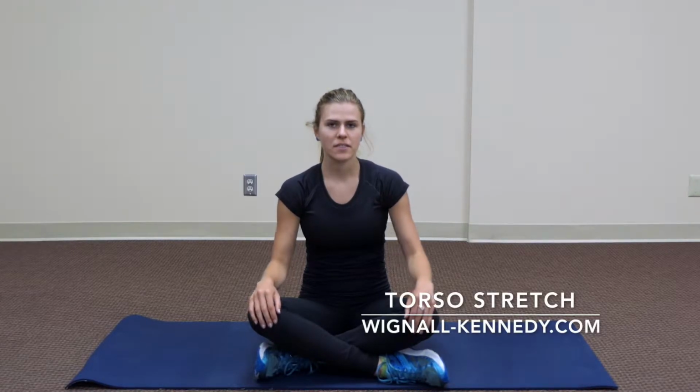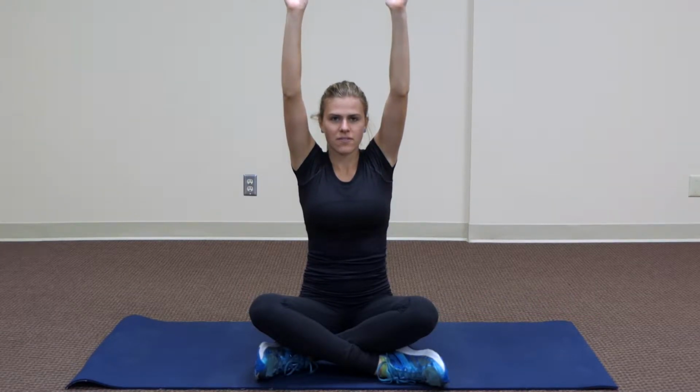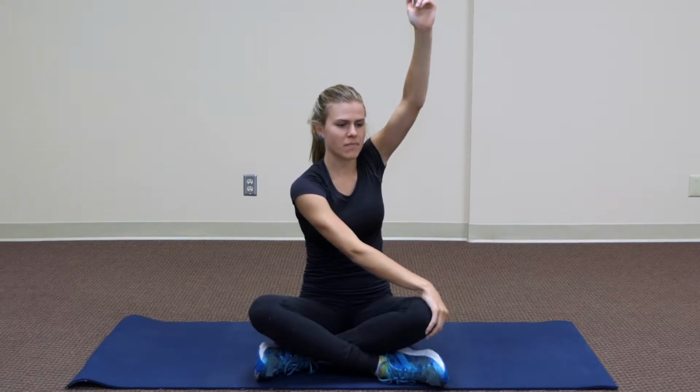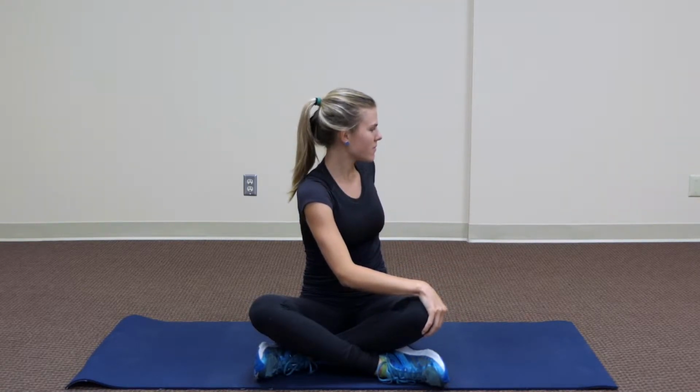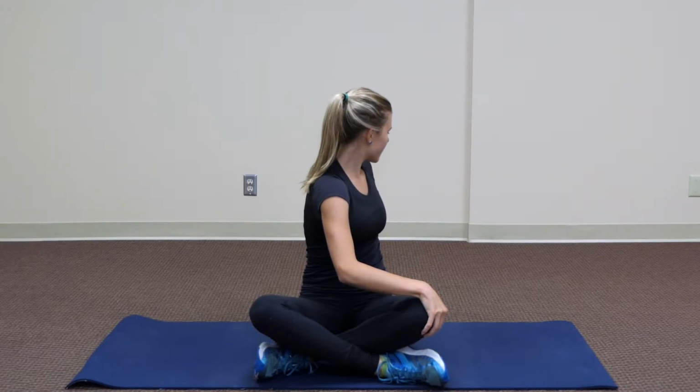Next stretch is going to be another torso stretch, and we're going to ask her to reach both hands above her head, holding briefly, followed by reaching her right hand to her left knee, reaching her left hand behind her, slightly twisting and holding, again to tolerance, to about a count of 10,